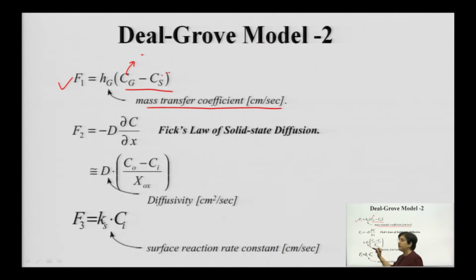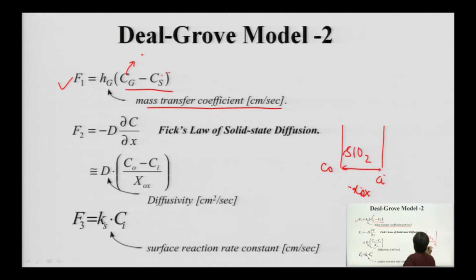The second flux is basically the penetration inside the silicon dioxide. This is the silicon dioxide, this is the outer wall of the silicon dioxide and this is the inner wall of the silicon dioxide, this is CO and this is Ci. Now, this is basically happening because of the penetration, and the depth of penetration I define as Xi or X, that is the oxide layer, I call it as Xox.